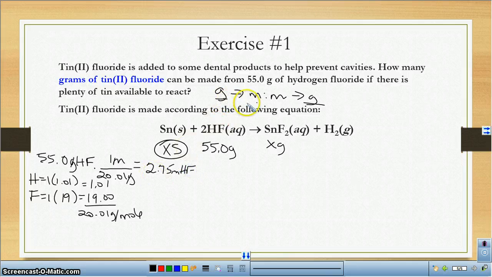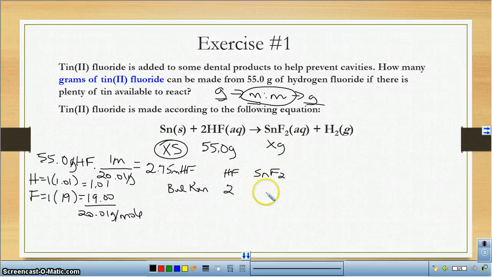Now, I've gone grams to moles. I need this mole to mole ratio between what I have and where I want to go. So I have hydrofluoric acid to tin(II) fluoride. Remember, the top one is from the balanced reaction, and the coefficient is 2 here. The coefficient in front of the tin(II) fluoride is 1. The bottom number is from the problem,